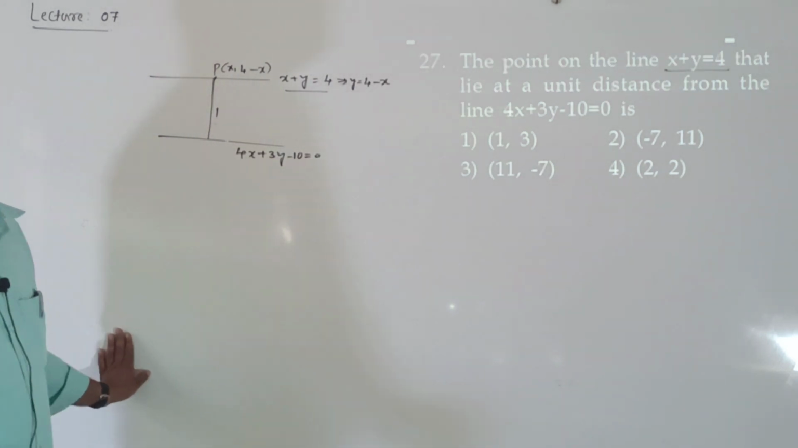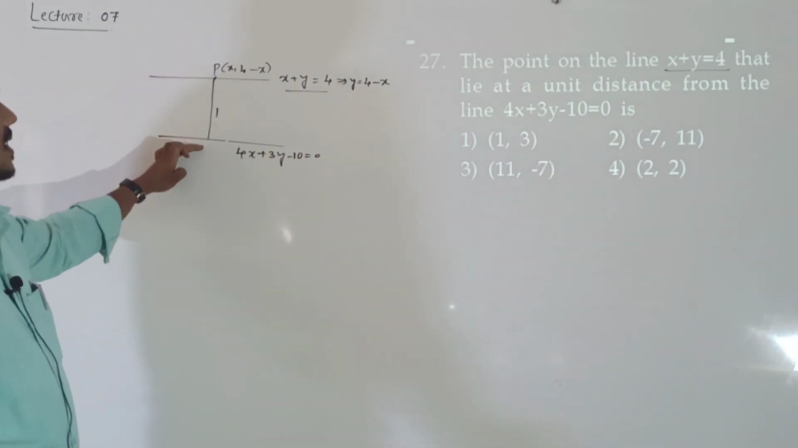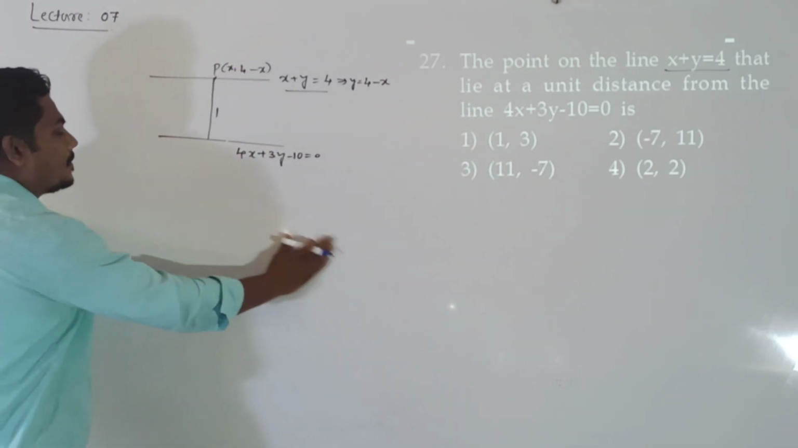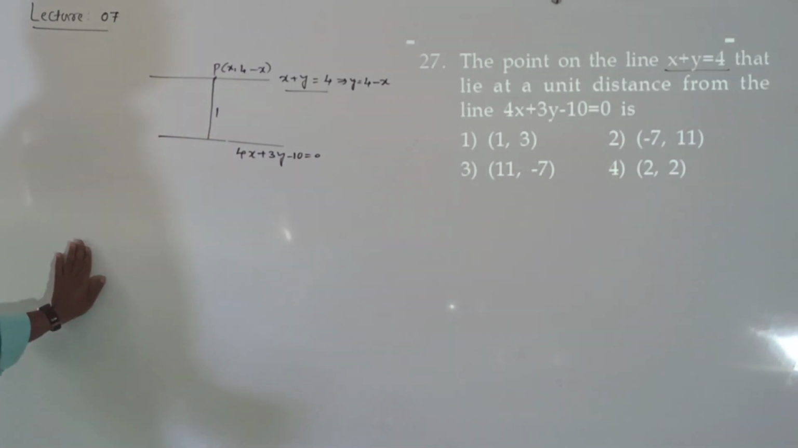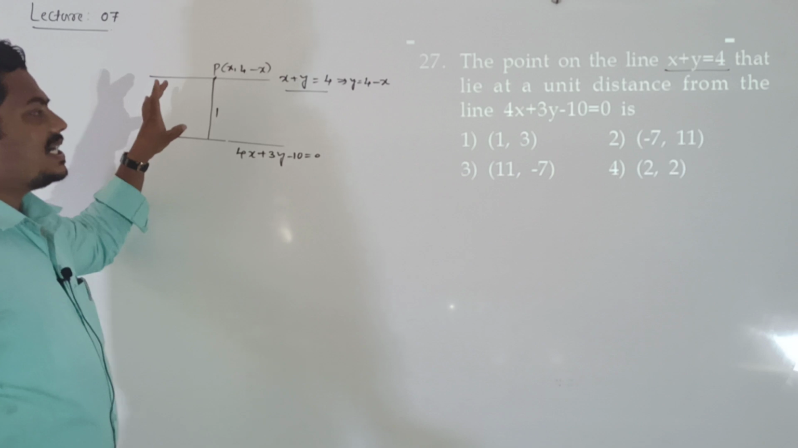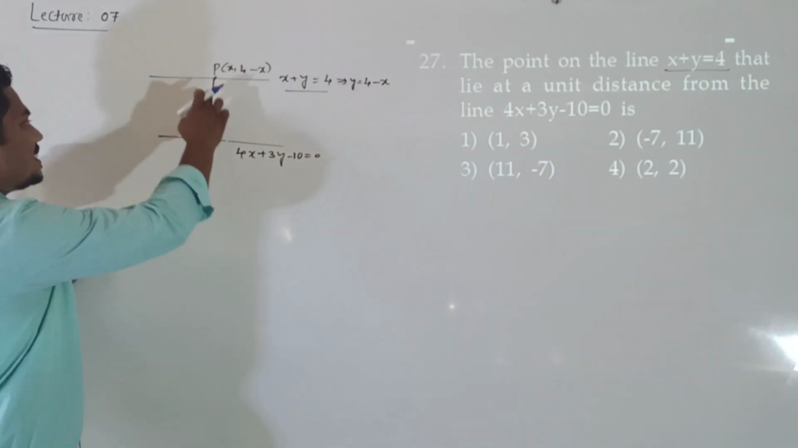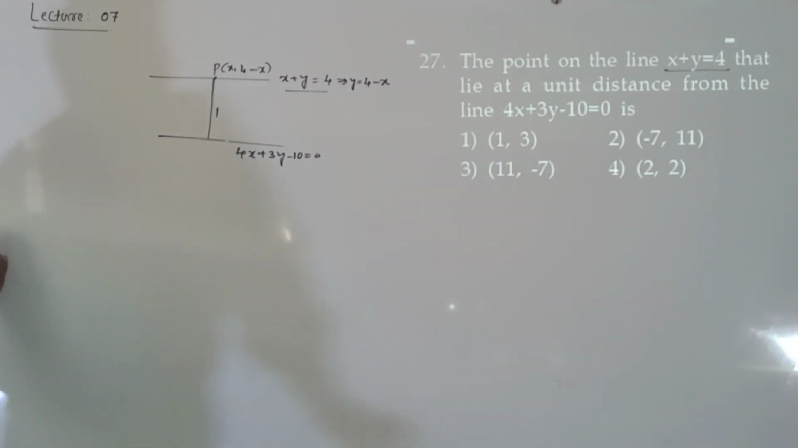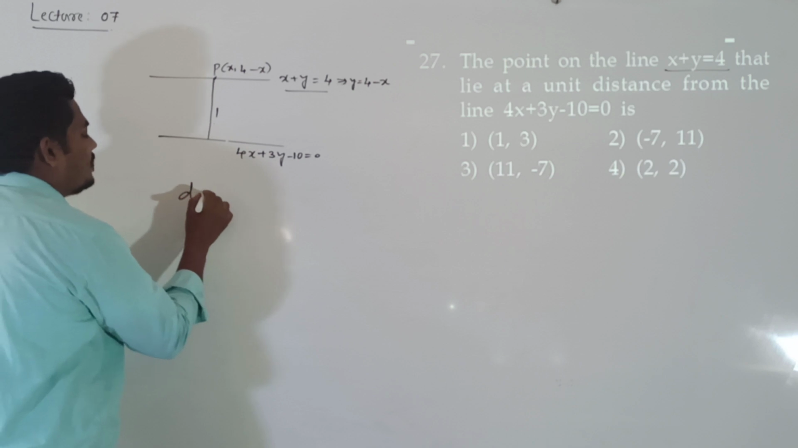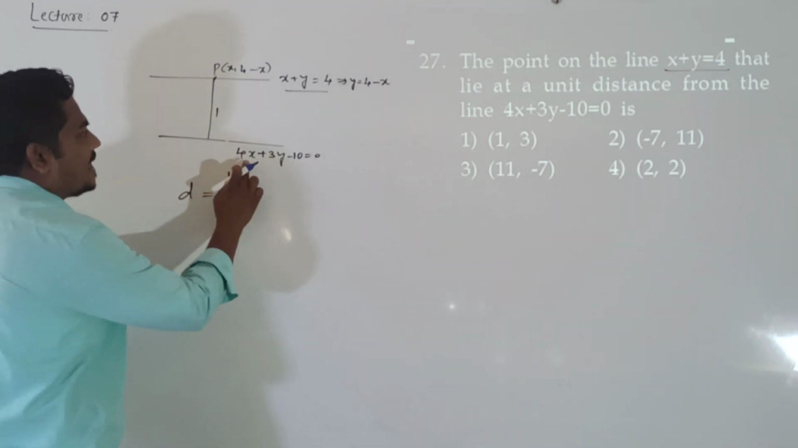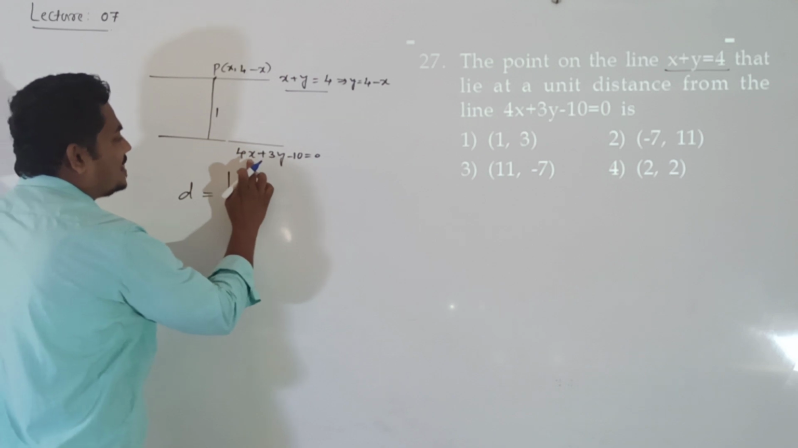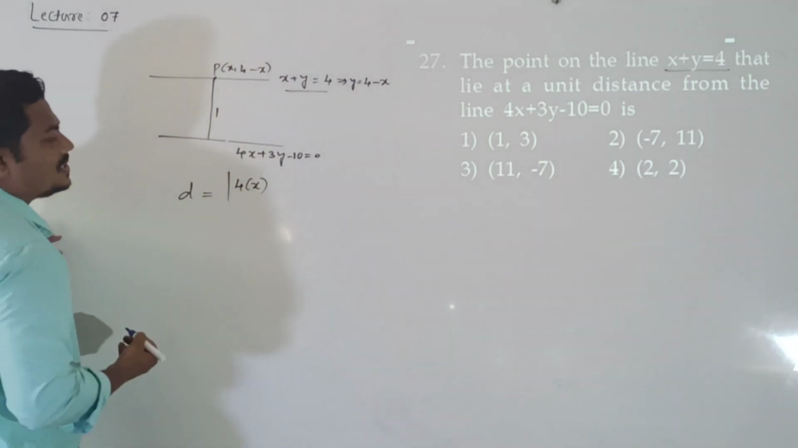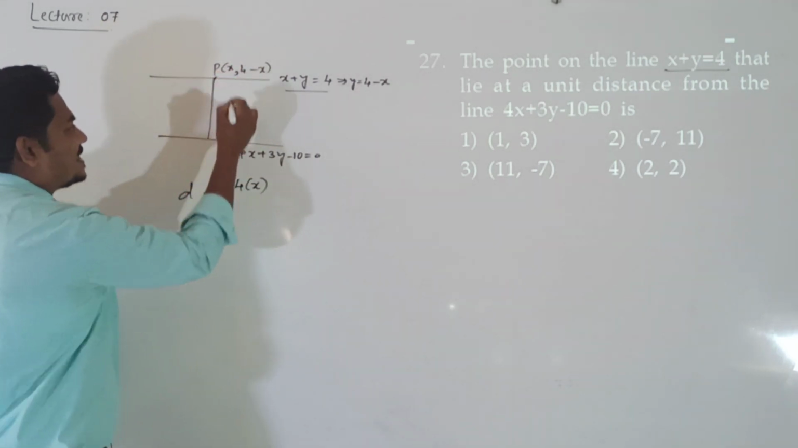Now use the distance between point and line formula. This is the line and this is the point. At a unit distance from this line means the distance between this point and this line is 1 unit, right? Distance between point and line formula: d is equal to modulus of a x1 plus b y1 plus c, this point is x1 y1, and this is ax plus by plus c. Modulus of 4 into, what is the x1 value? The x1 value is x itself, because our point is x comma 4 minus x,